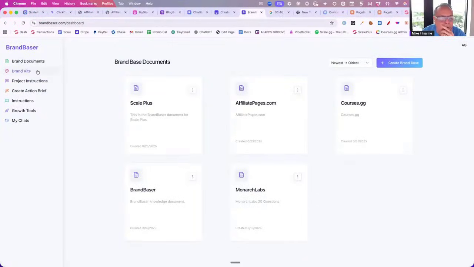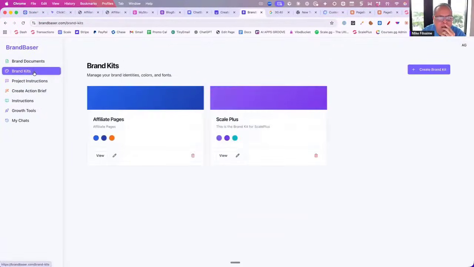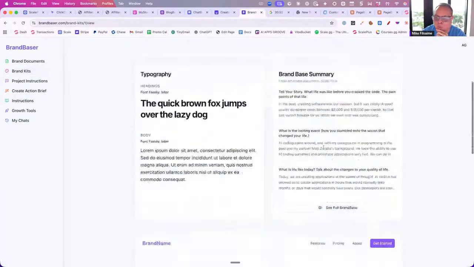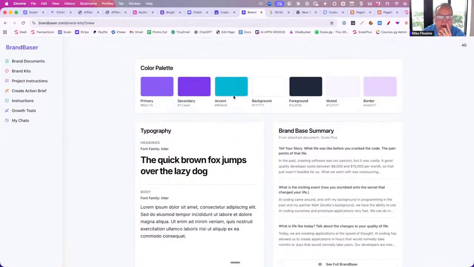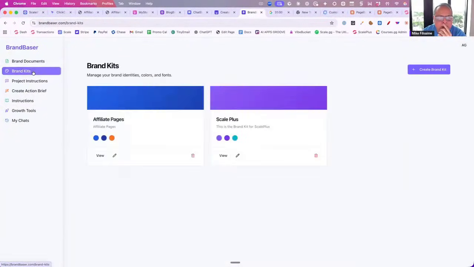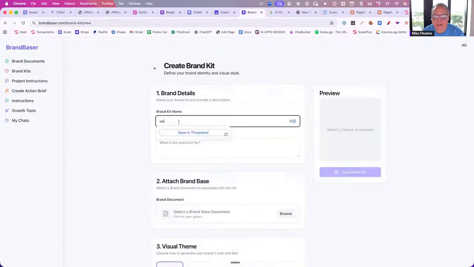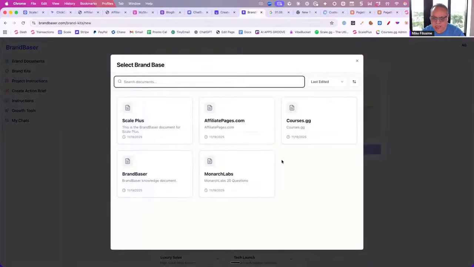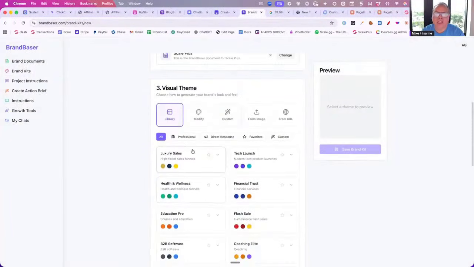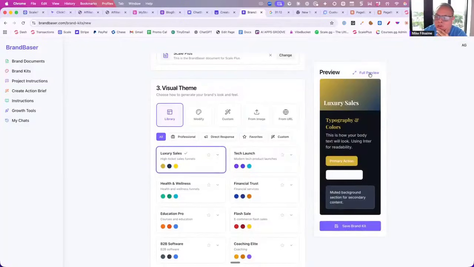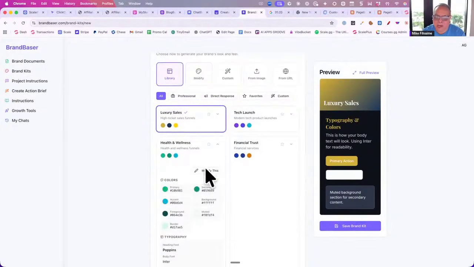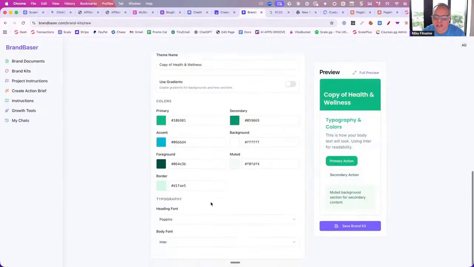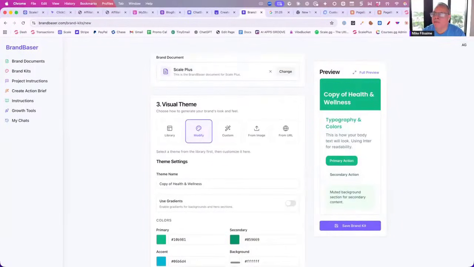But if you want to do a brand kit, that's a little bit different. That says this is the brand document, but what is your typography and your brand colors, right? So the way this works is when you click create a new brand kit, you give it a name, and then you attach the knowledge document that we're going to use with it. And then you choose from one of these presets here. If you wanted to use this, you could see what that would look like, light mode or dark mode. If you want to be in health and wellness, but this is not quite your green, you just click modify, go to the modify tab, and you can change it. And you choose the exact fonts that you want. You can even